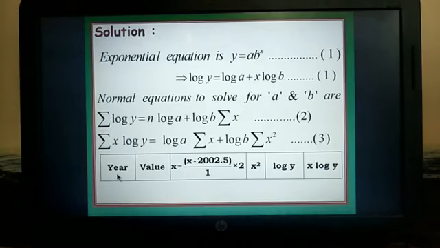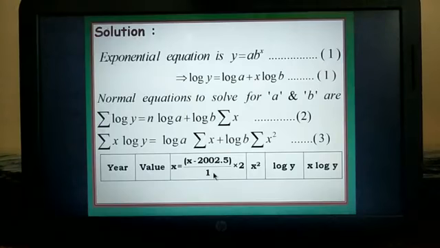Whatever complexity we had in terms of many-digit calculations, we used to reduce by the method of change of origin and scale. Based on that, here the x values have to be changed to some other magnitude values. That's why x, once again, will be written in the x minus a divided by c format. In the previous slide, if you see,